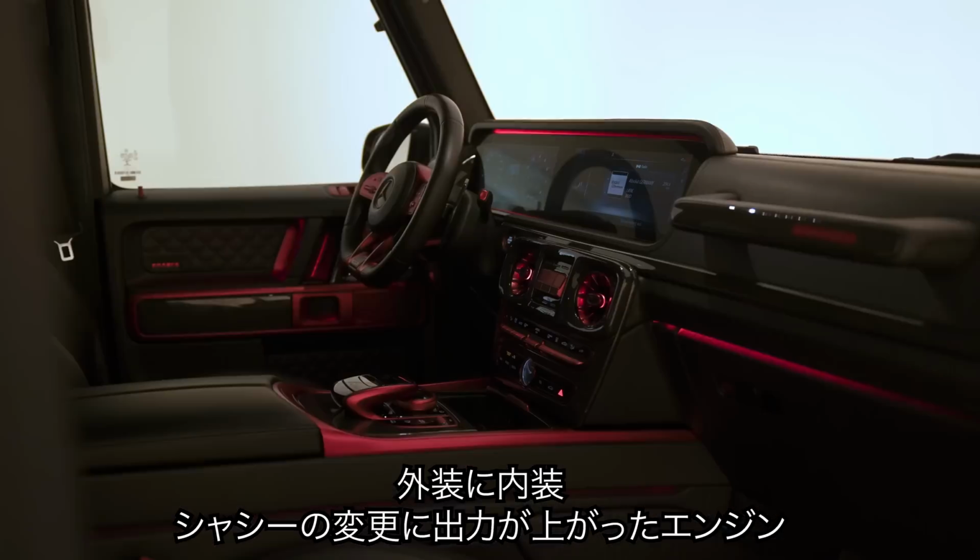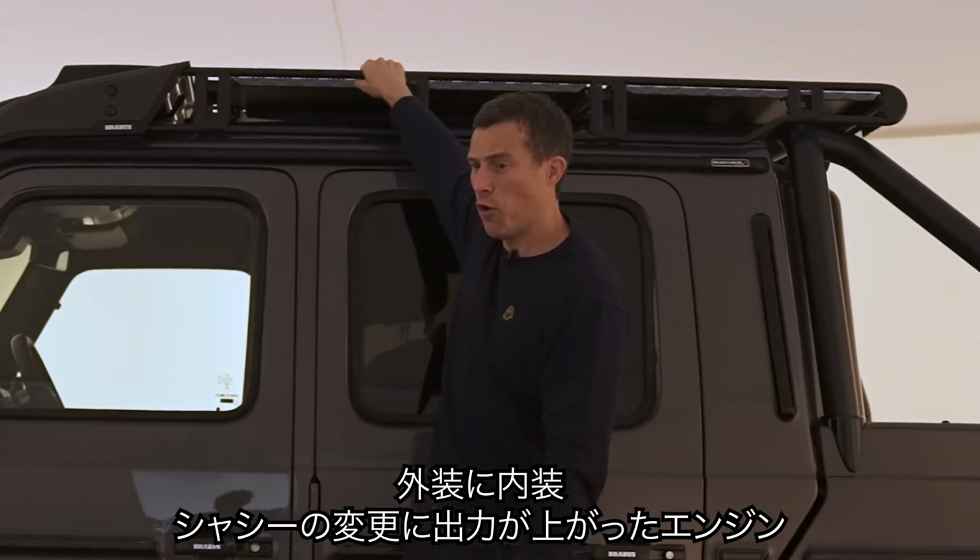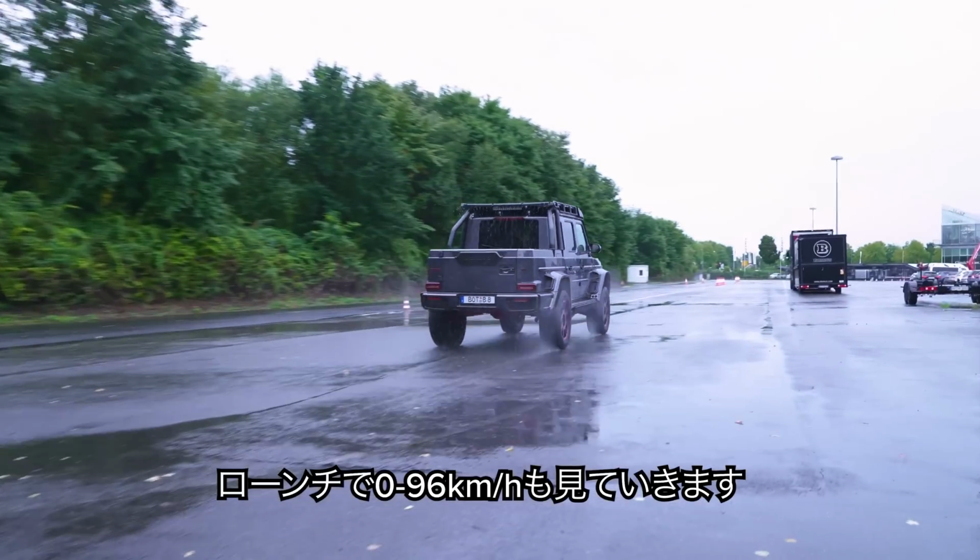I'm going to talk you around the exterior, the interior, the chassis upgrades, and of course the engine, because it's got a lot of power. Obviously I'm going to launch it to see how quick it is from 0 to 60 miles an hour,